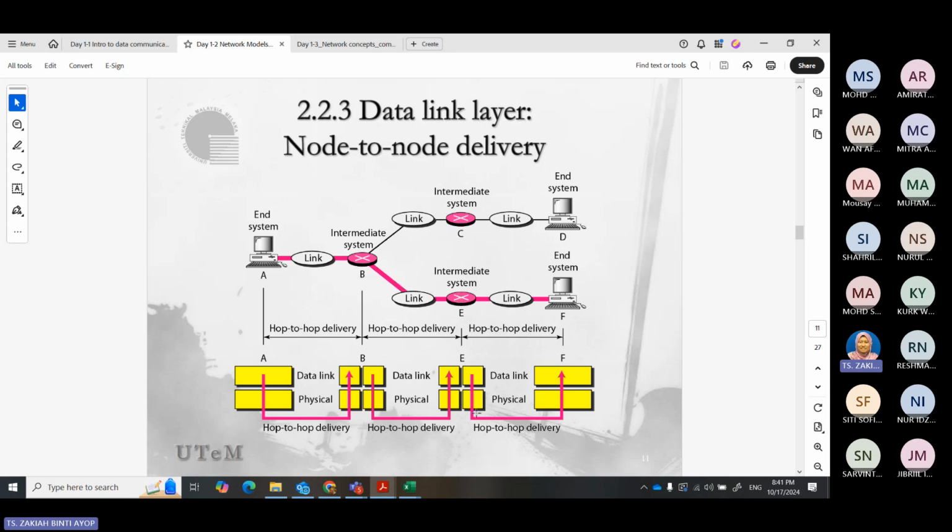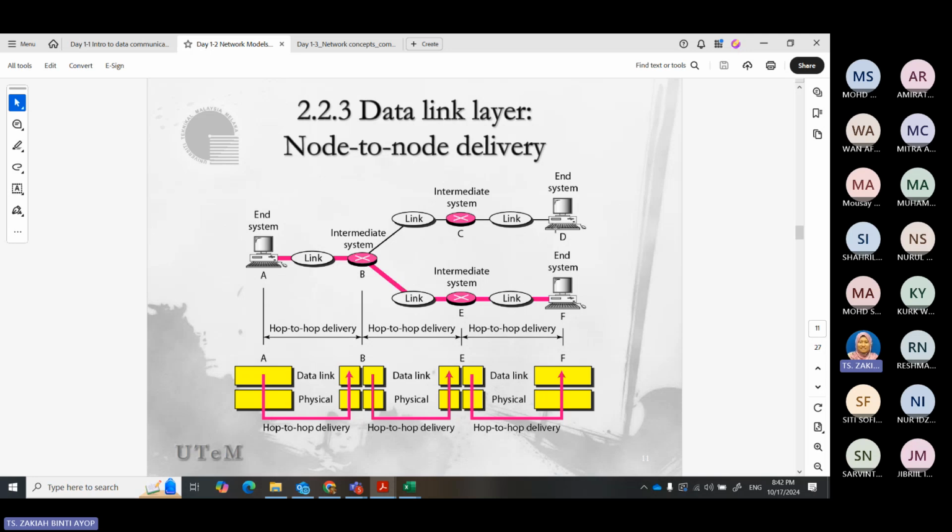And then E will check again and say, oh, okay, F is on this link. So I will put the F physical address inside it and send it out to the next device. In this case, E has been reached to the end, so it will send out to the devices. So here F will receive it.